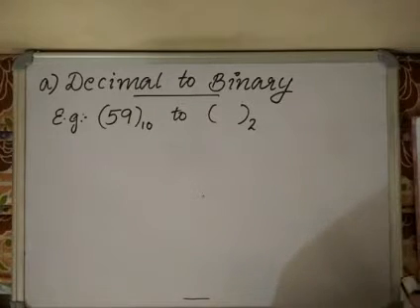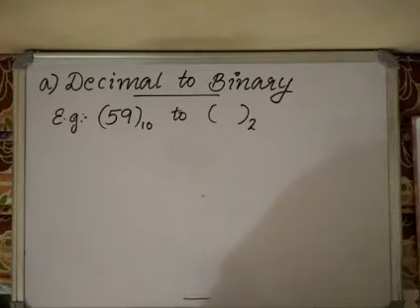In the previous session, I have already mentioned there are four main number systems: decimal, binary, octal and hexadecimal. So first is decimal to binary conversion. The input will be a decimal number, and we have to convert this to binary. Decimal numbers have base 10, binary numbers have base 2. The conversion is done by dividing the number and all successive quotients by 2 and we accumulate the remainders. We can see one example.